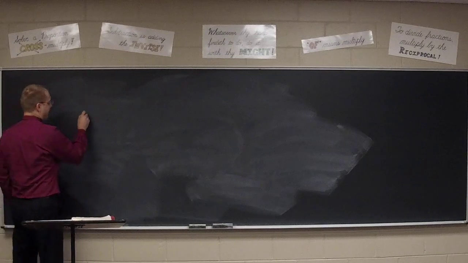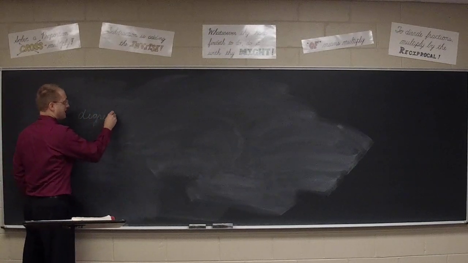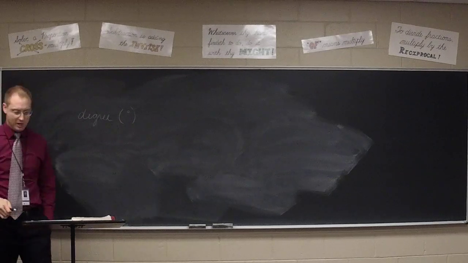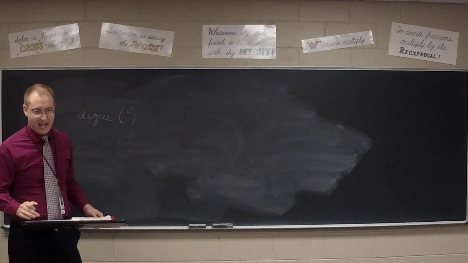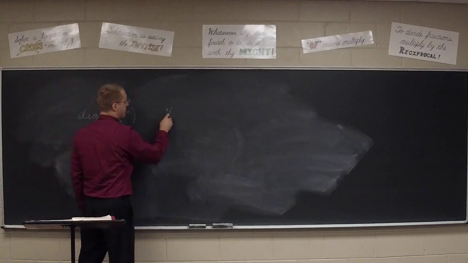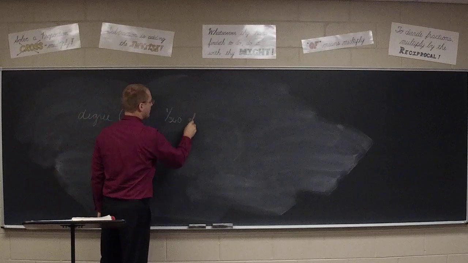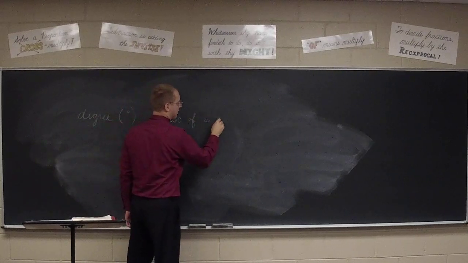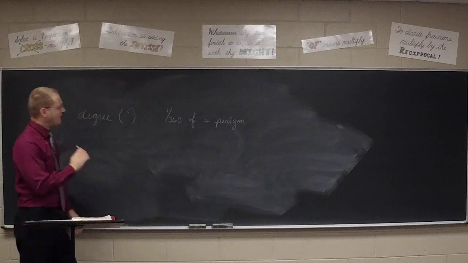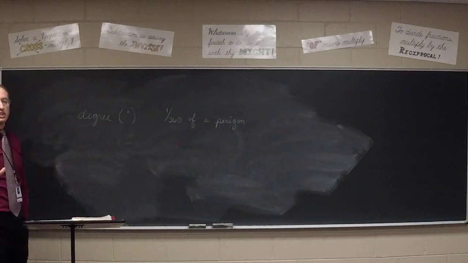Once you write this term down, the term degree, and the symbol is a little degree symbol, as you should already be familiar with. A degree is defined as 1/360th of a paragon. Now, it seems like a bit of a random number if you didn't already know that, hey,